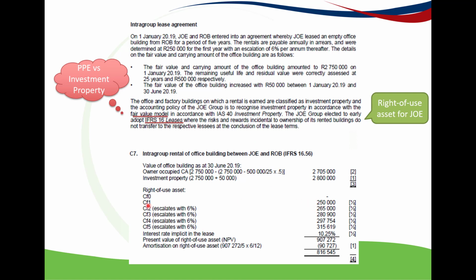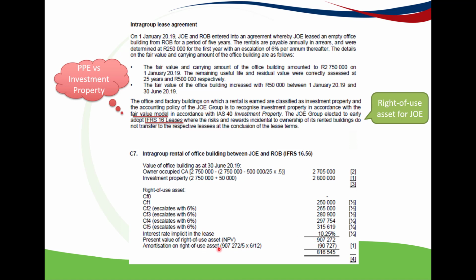we start off with cash flow 0, which is 0. We know that because they told us the rentals are payable annually in arrears. So it's CF1 250,000, then it escalates with 6% annually for 5 years. There's our interest rate implicit in the lease that we know we have to use because we've already read it in the additional information. And then there was our asset on the date that the lease was entered into, and